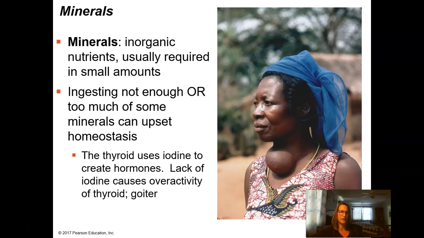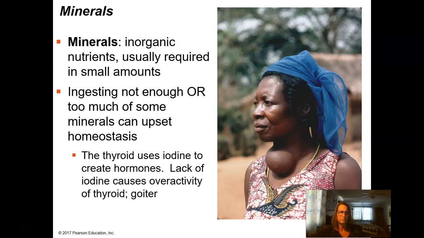For example, a really good example of this is the thyroid. The thyroid uses iodine to create specific hormones that it releases. And when you don't have enough iodine in your body, if you're not consuming enough iodine in your diet, then it can cause overactivity of the thyroid. The thyroid is in your throat. So if the thyroid is trying to make hormones, but it isn't able to make them because it doesn't have